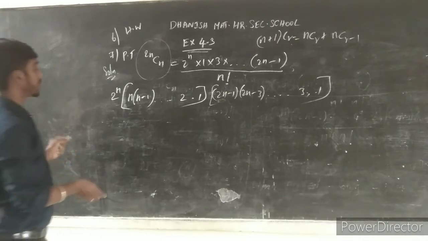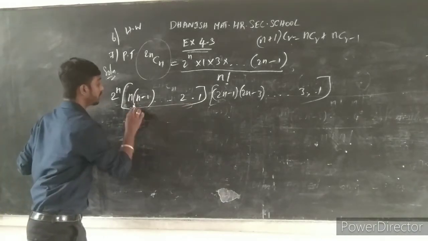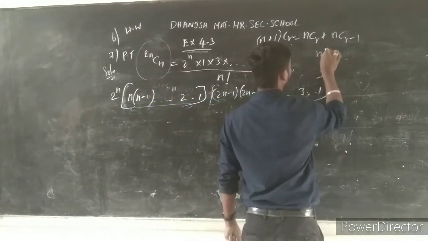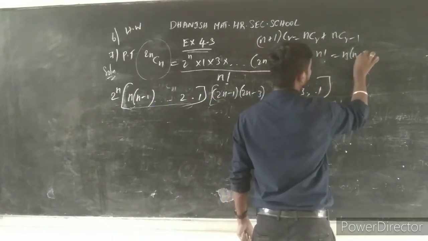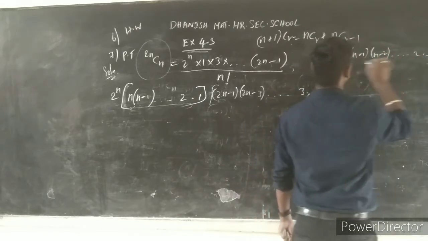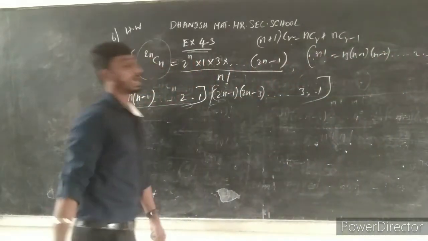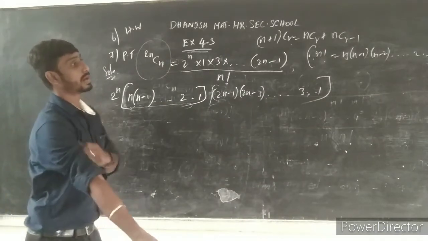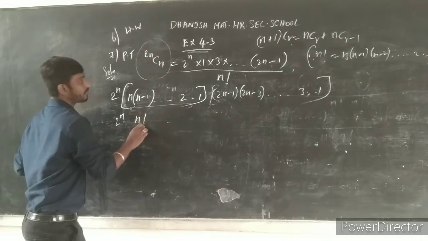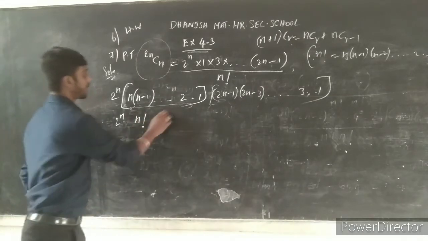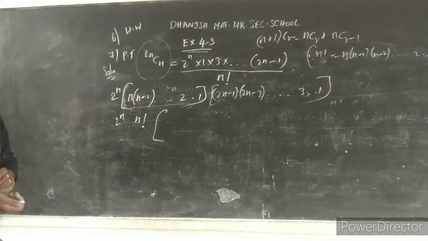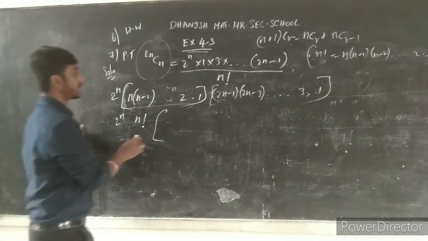So this is a combination form. This is a substitution solution here. n factorial is equal to n into n minus 1, n minus 2 till up to 2, 1. You will be getting n factorial as n into n minus 1, n minus 2 factorial. You will write it like this, 2 power n, this is the n factorial. Now we are going to write this one in the reciprocal form.